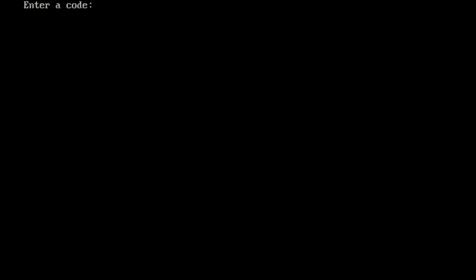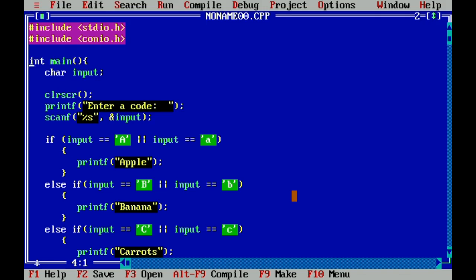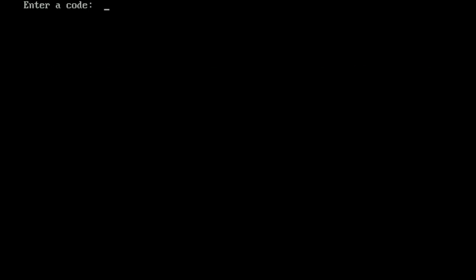If we use A, it prints apple. If we use capital B, it prints banana. And if another input, say that one, it prints invalid input.